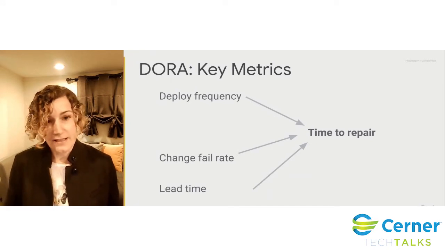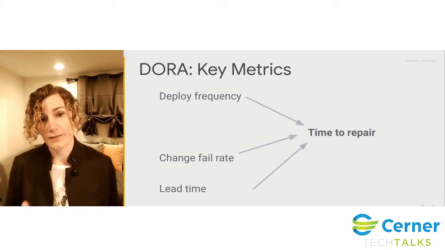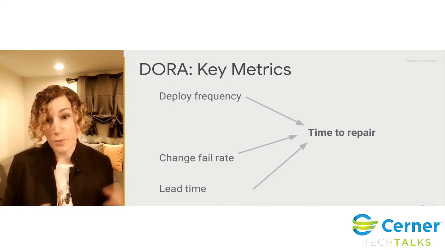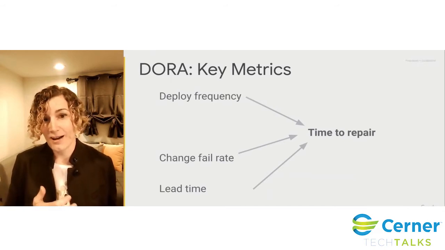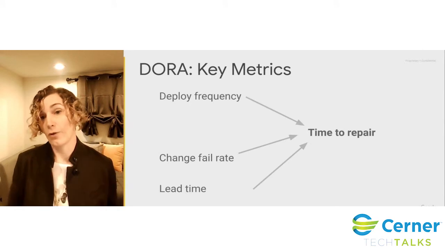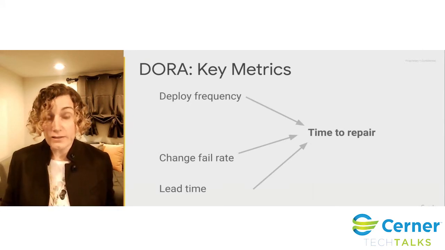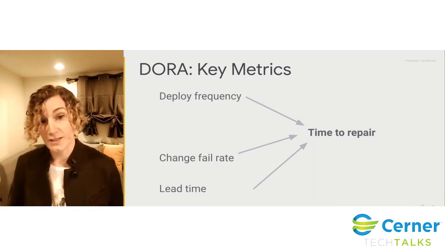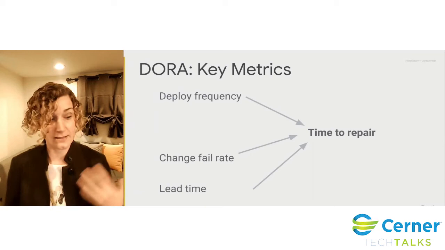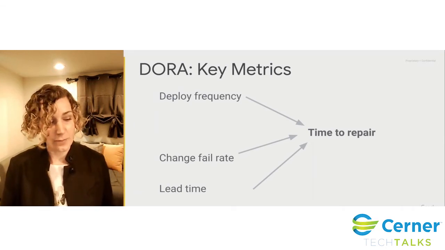The other thing is that if you have a high change fail rate, let's say because you're packaging a lot of things together to push to production, when you push that fix to production, any other change in that package could cause an error, and that would make you have to roll back the whole thing and go back to a previous good state. And then also lead time. Obviously, if you're fixing something in production, you want to do your QA process. You want to make sure that the code is solid and it's been tested and it's been reviewed. And so the longer that is, the longer it takes you to get that fix in production.